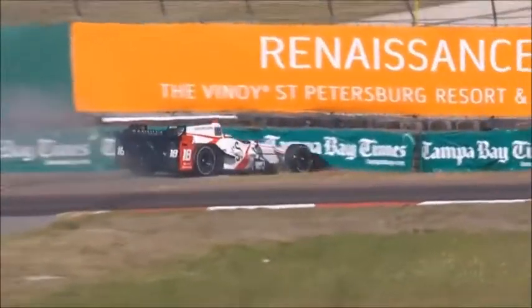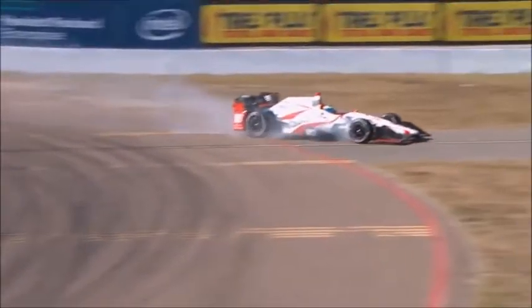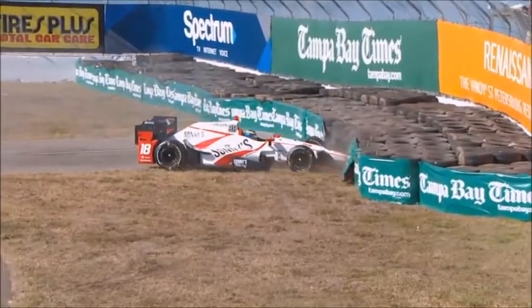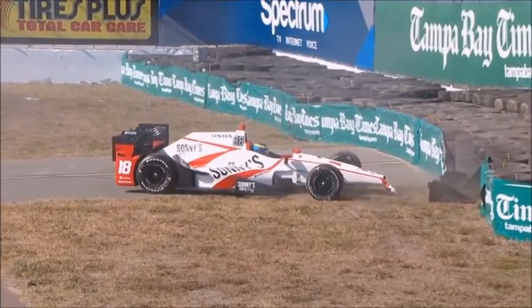The Honda side, you can see he just locked it up, got in too hard on cold tires, and went straight into the tire barrier. Unfortunate, because I know he had high hopes and just tried to get too much too quick. Maybe just bolt-on stuff of the front nose wing assembly. I don't think it hit the suspension mark. I think you're right. I think they can come in and put the...